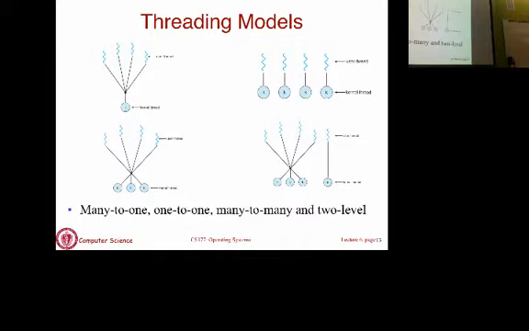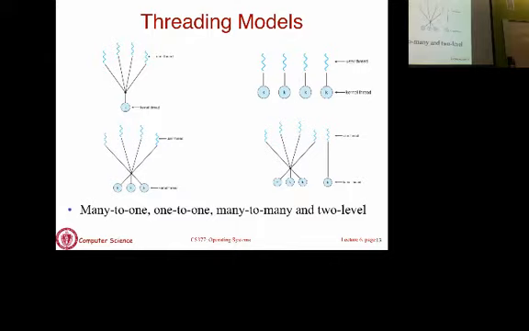Here you have a one-to-one mapping, where each user level thread is mapped onto a single kernel level thread. So whenever this kernel level thread is scheduled, that user level thread within that application will run. All kernel level thread packages default to a one-to-one mapping. Because in the many-to-one case you can't actually see the threads, you can only see one kernel level thread. Here, for each user level thread, the kernel knows about a kernel level thread because of this one-to-one mapping.